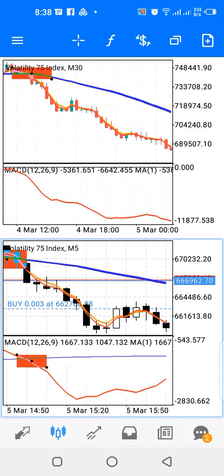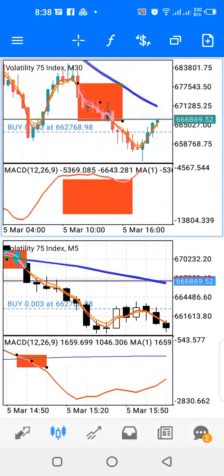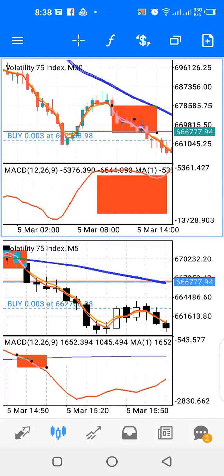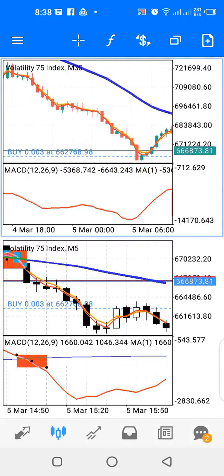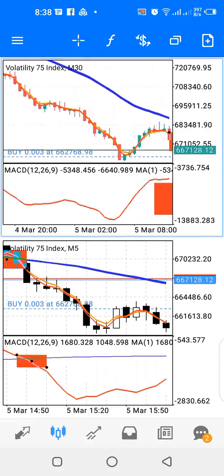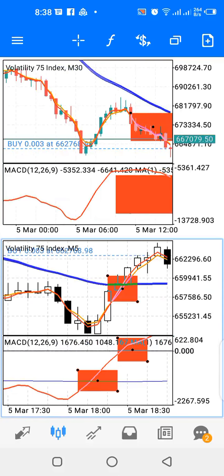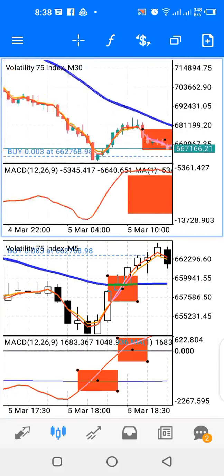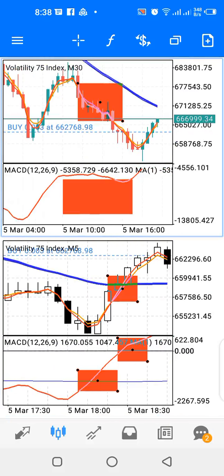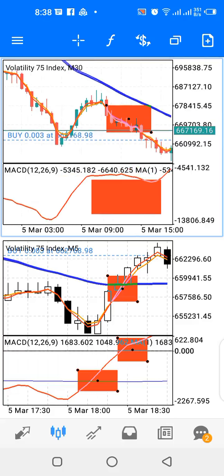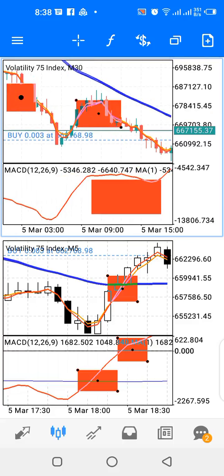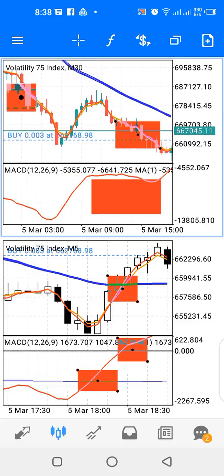Now, when you have a sell, your upper window will be your trend check, and your lower window will be your trigger. Now, if the trend, like we have a trend here, is a bearish trend, meaning that the red line, this red and orange line, they are below the blue line, the blue Bollinger Band. So